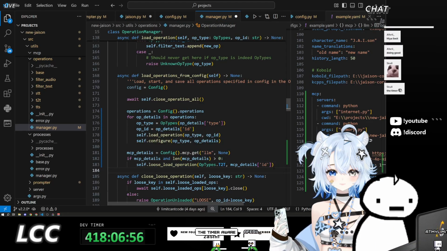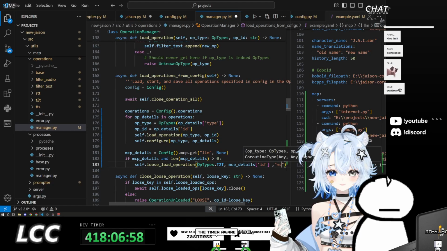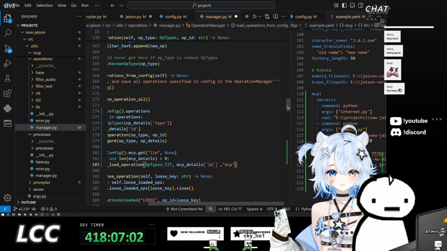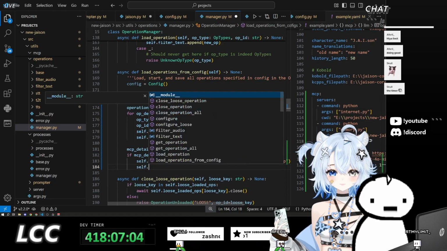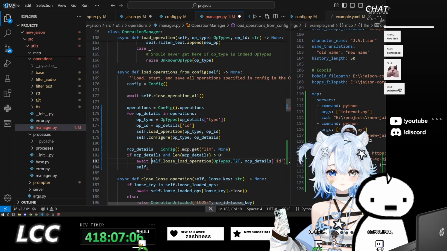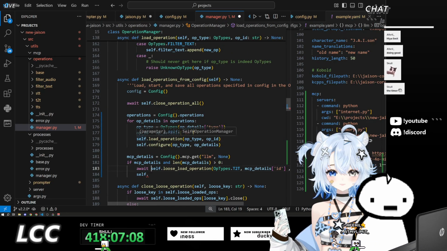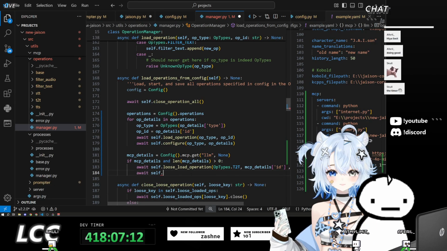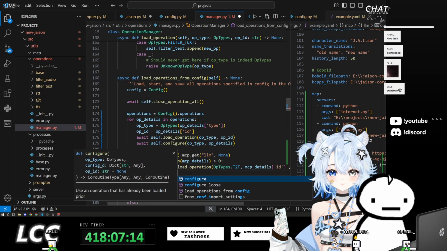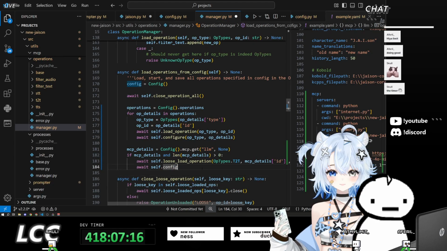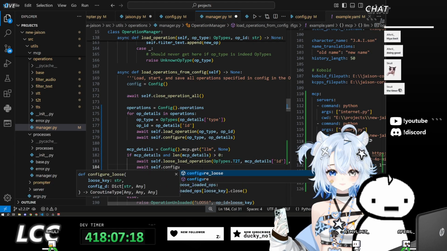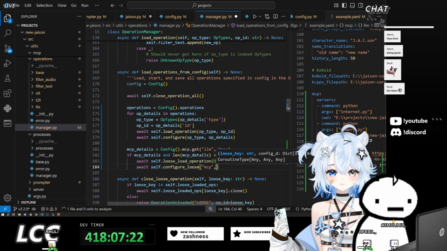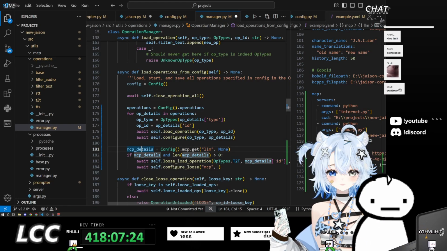And the loose key. This is going to be a loose key of MCP. And then once we loose load it, got to await all of these. We'll also need to configure this one. So configure loose MCP, and this will take in the MCP details.